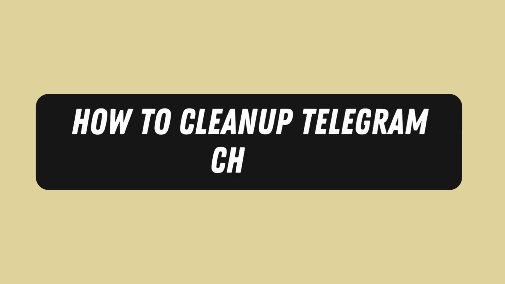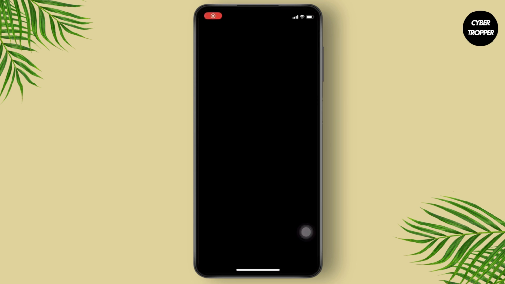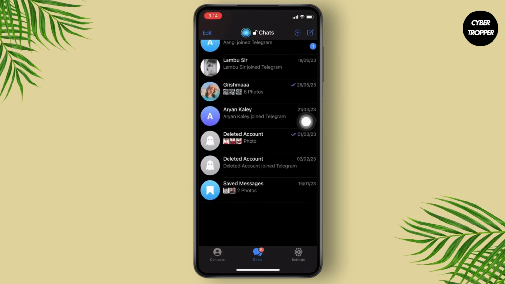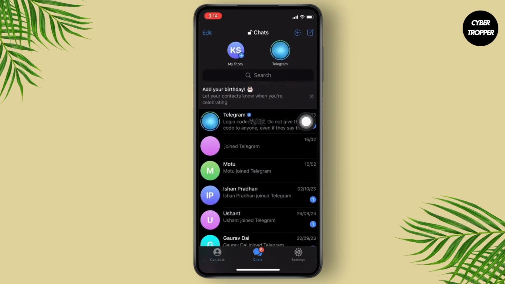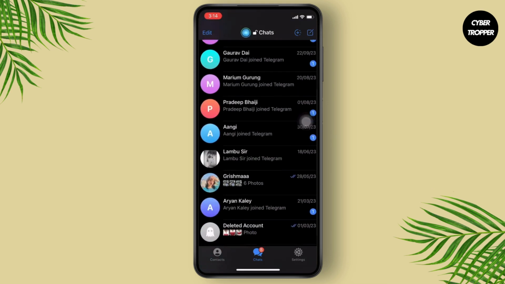How to clean up Telegram chats? What you need to do is open your Telegram app. As we know, we get notified whenever someone from our contacts joins Telegram. Here you can see a lot of people have joined from my contacts, and then whomever you want to delete